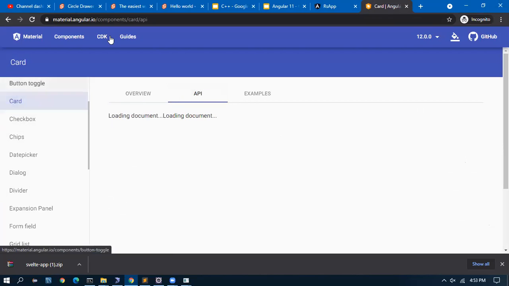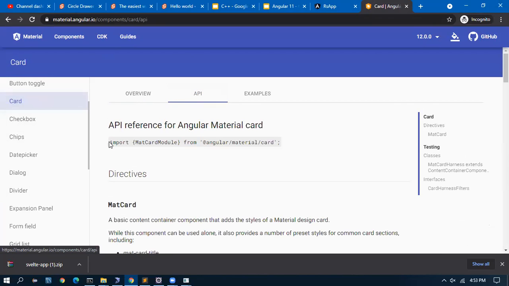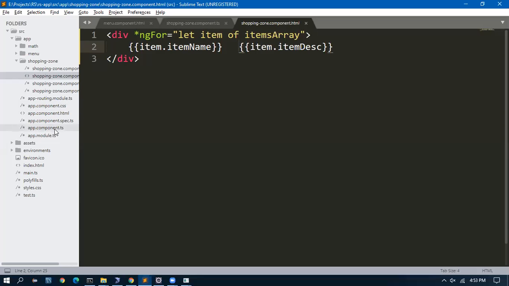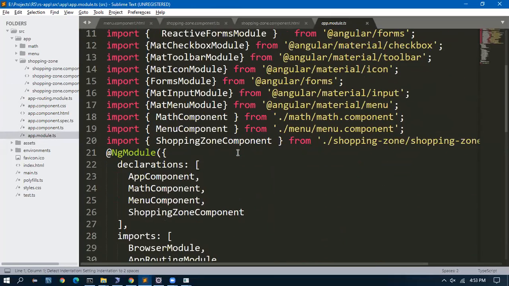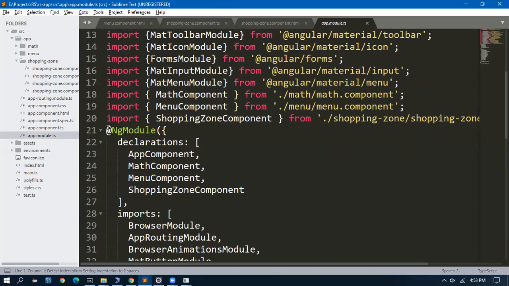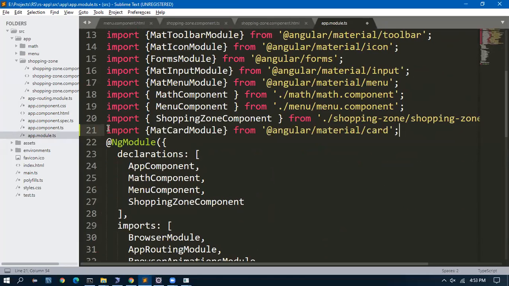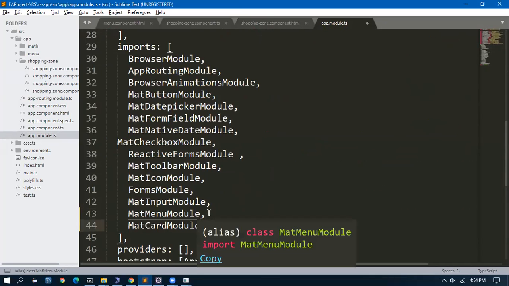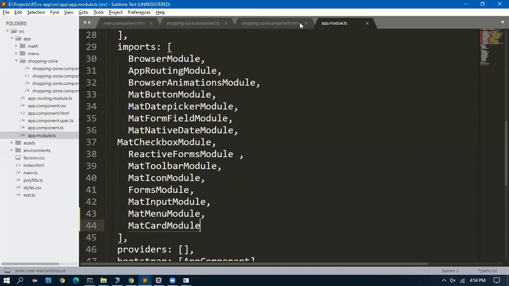You go to the cards in the material design, see the API, copy it, paste it in the app module TS file, and import that here in the import section.